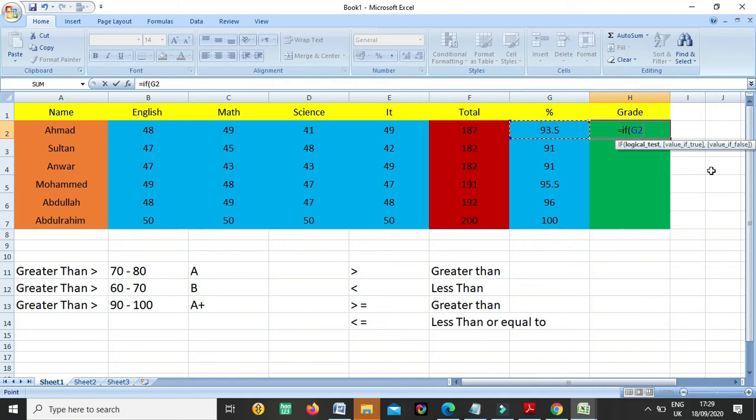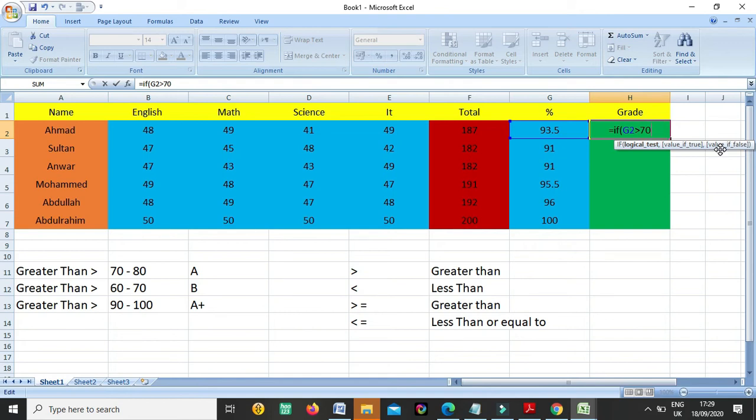If somebody has greater than 70%, this is our condition. If somebody has greater than 70%, what is our criteria? 70 to 80 greater than. So if somebody has greater than 70%, this is our condition.